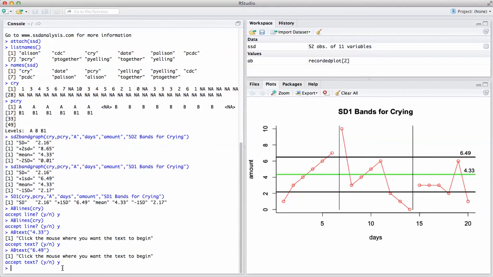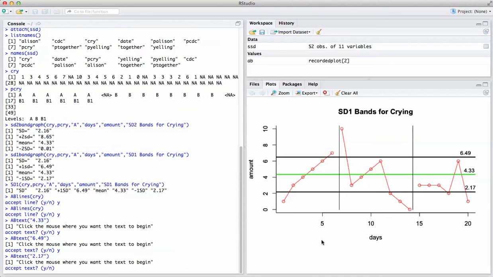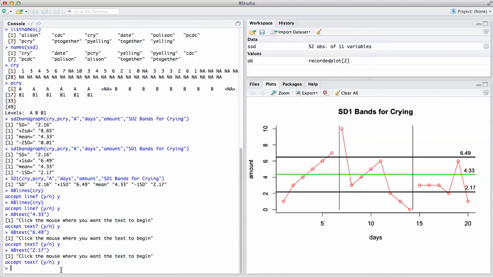And AB text and the -1 standard deviation of 2.17 between quotation marks. And I will put that here. Now the graph is labeled, and I'm going to accept that and type 1. Now if you want to put in a legend, you could type SD1 legend, but you have